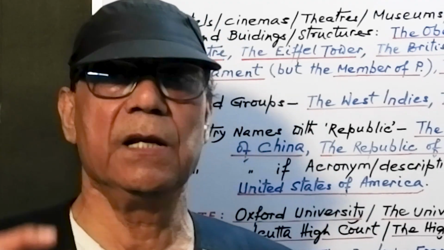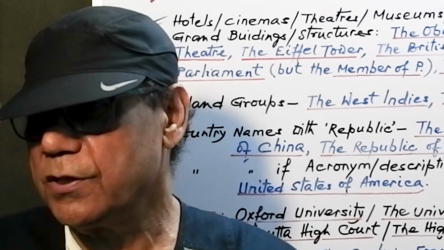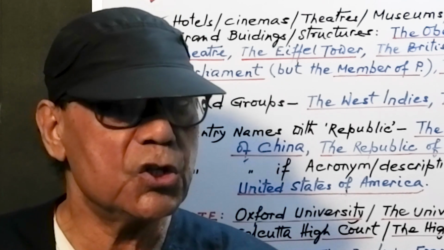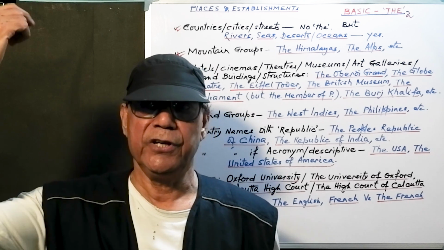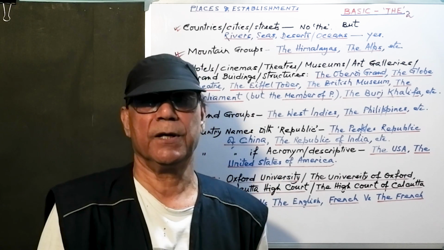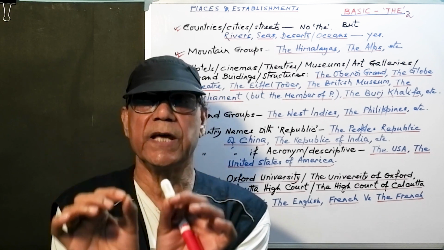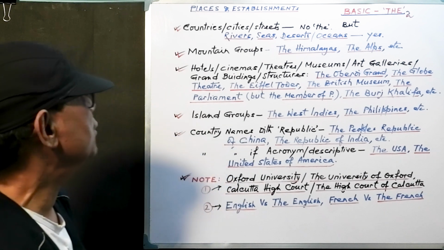What about a single mountain then? It's just Mount Everest, not the Mount Everest. It's just Mount Abu, not the Mount Abu. When it's a range, the definite article definitely comes. But when it's a single mountain, it comes without the definite article. Now, come to